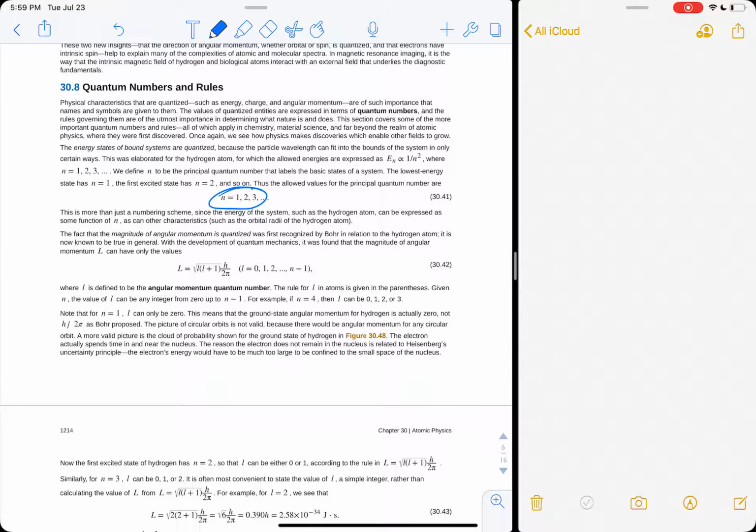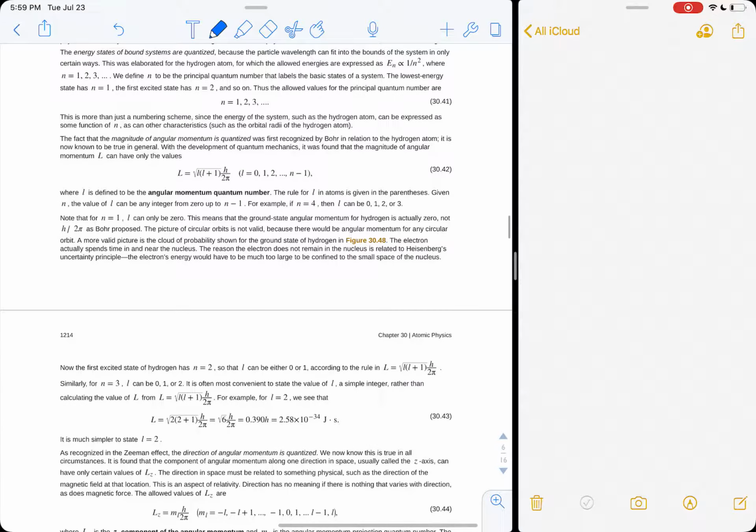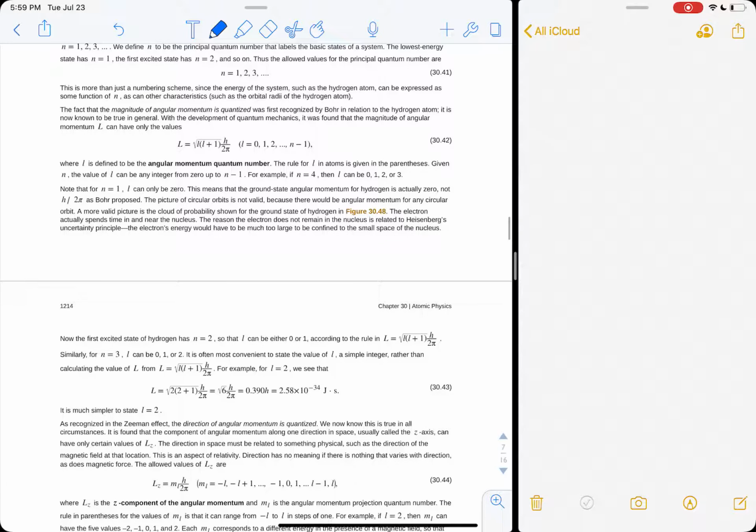The principal quantum number defines all of the energy levels we've been talking about up to this point for the hydrogen atom, n equals 1, 2, 3, 4, and 5, and so on. But now the angular momentum of an electron needs to be considered, where L, the total angular momentum, is going to be the square root of l times (l plus 1), times h bar, and h bar is outside the square root. But l, this number, can run from 0 to n minus 1.